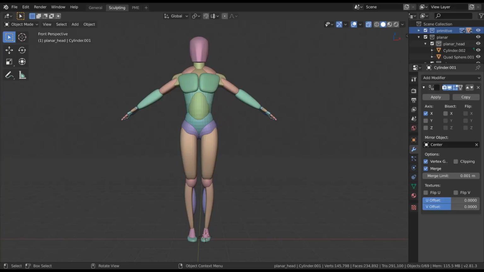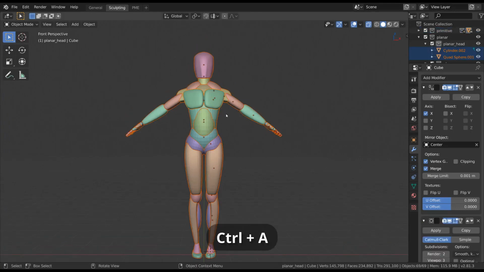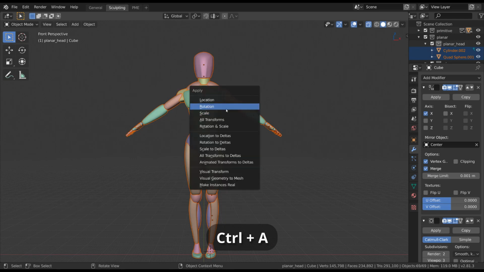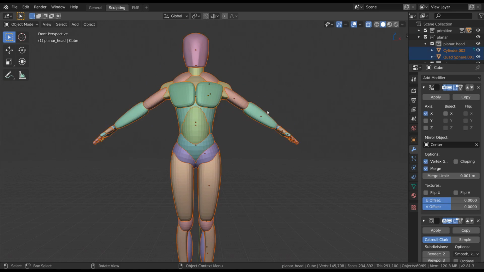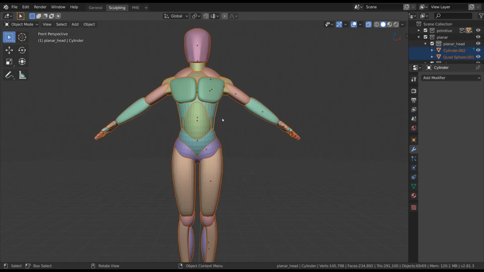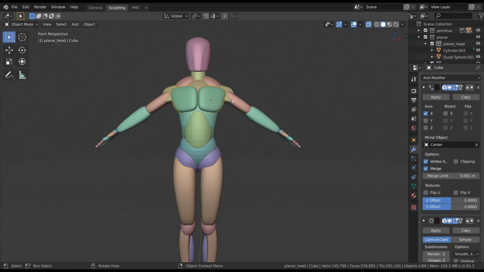Before we start sculpting the individual objects into the planar body, it's a good practice to apply the scale of all of the objects to get the most accurate brush behavior. The subdivision surface modifiers can also be applied for each object, but be careful not to apply the mirror modifiers yet. It's easier to make changes on both sides if we keep them for now, as well as the object